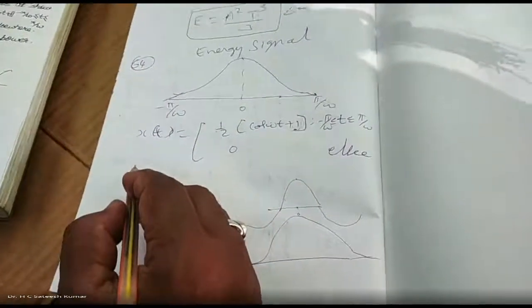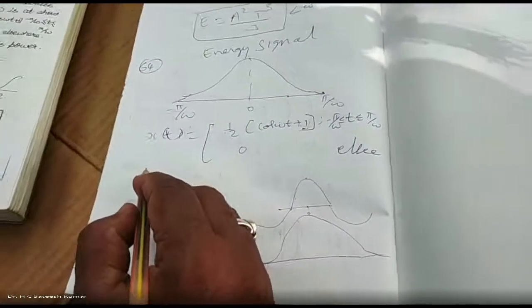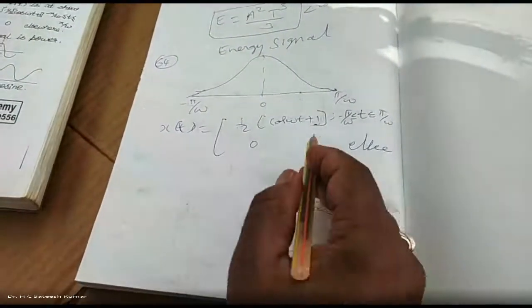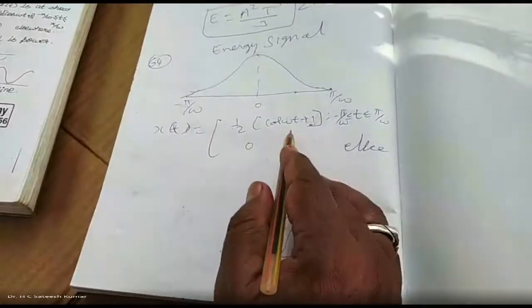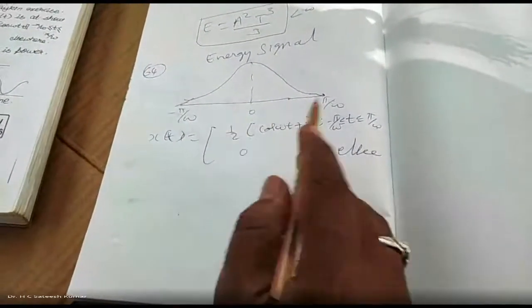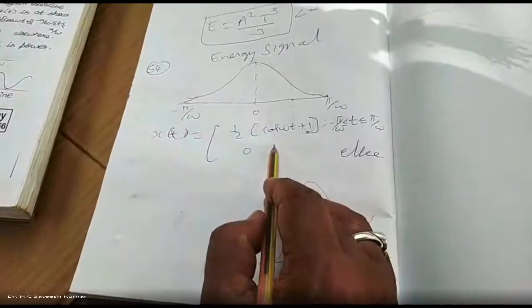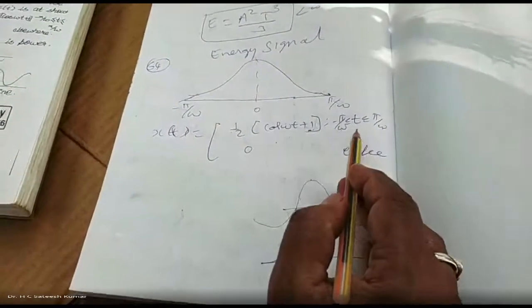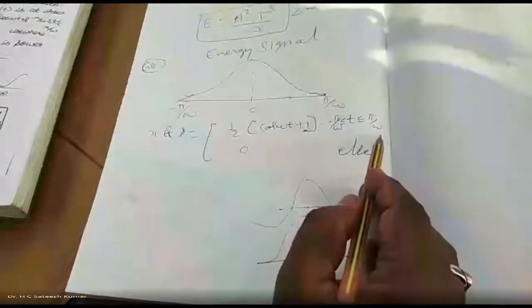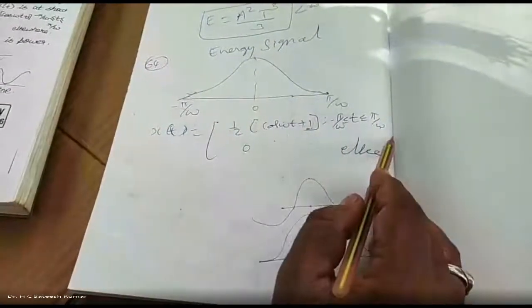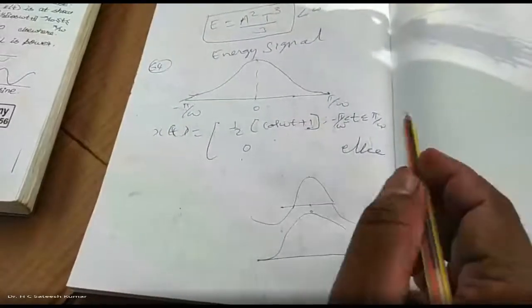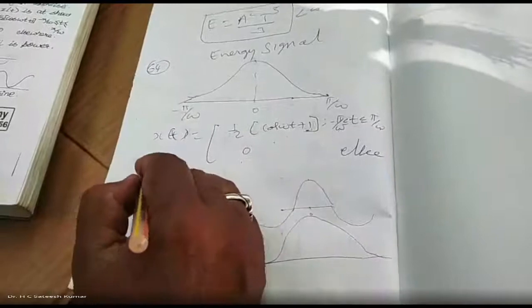X of t is equal to... If that is the case, is this periodic or aperiodic? It's not repeating only, no? Sir, cos is there. Even though cos is there, if you fix the range, it becomes aperiodic. If the range is not fixed, it is periodic only. Since the cos function is fixed to a certain range, after this particular interval it becomes 0. That means it is aperiodic. If it is continuously repeating, it becomes periodic.